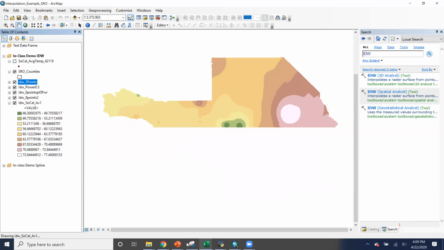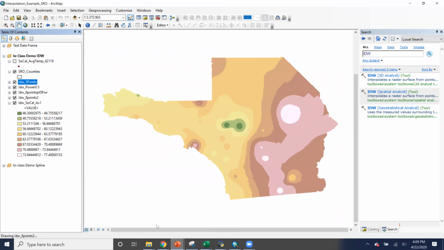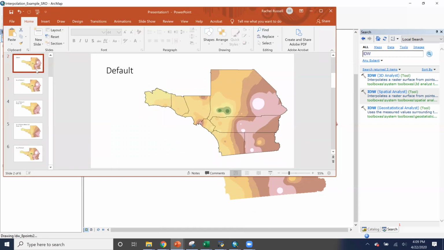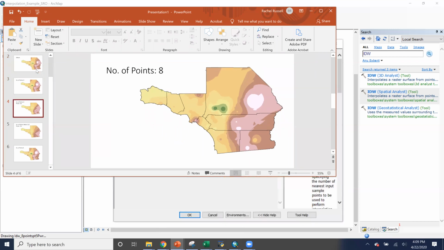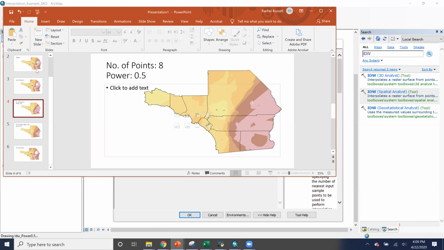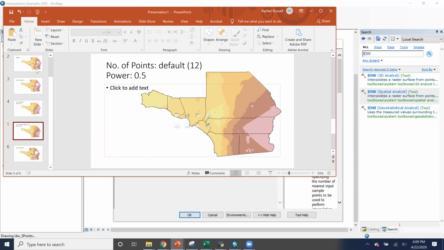So let's go back to our PowerPoint slide and you can kind of compare those. So we can go back to our default with our 12 points, no power adjustment, 8 points with a power adjustment, 8 points, but changing the power to 0.5. So increasing that smoothing, increasing influence of points further away, changing the points back to 12 and changing that power. So again, see the smoothing, points further away, more influence. So we're really seeing the loss of